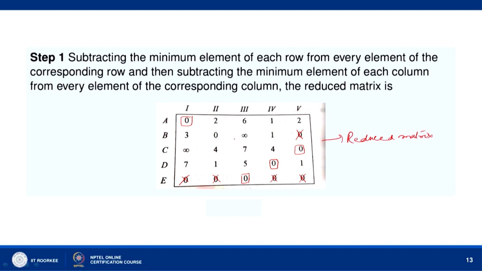Okay. So, in the first row we have an assignment. This is a 0 we have assigned, and now we come to the second row. Now, we again repeat the same steps. In the first row we have made an assignment, in the second row there is a single 0 here, we make an assignment here. Okay. And then in the third, fourth and fifth rows we have made assignments. So, A is given job 1, B is given job 2, C is given job 5, D is given job 4.